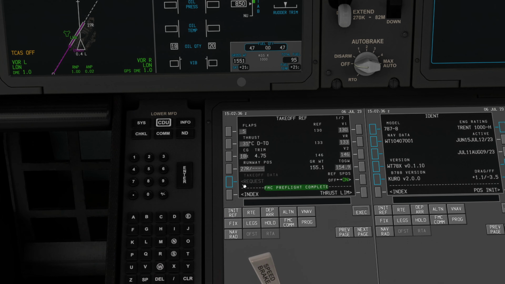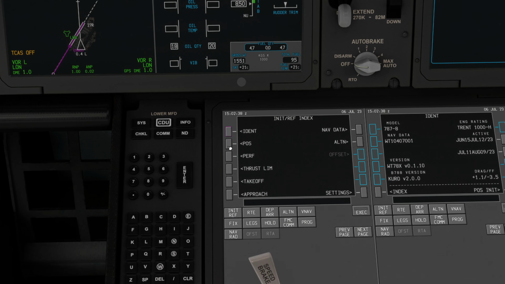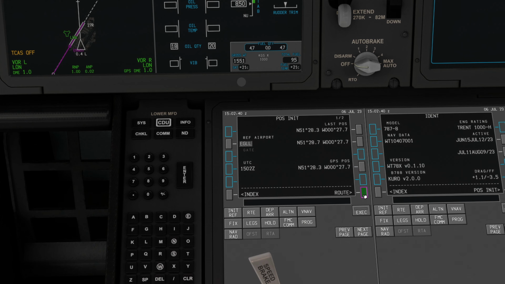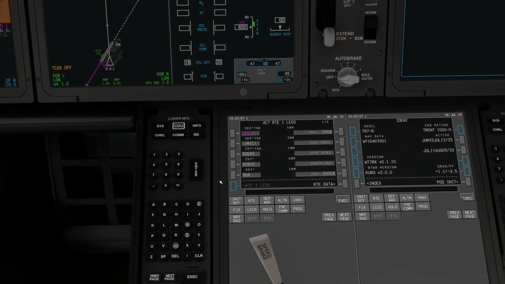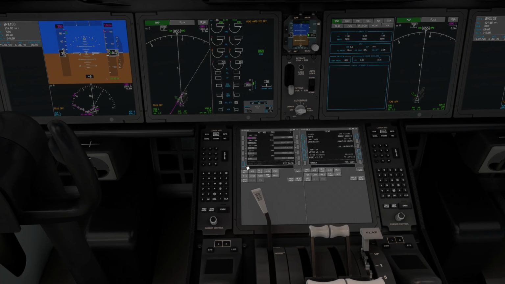And you'll notice a moment ago there was another option for alternate. We're not going to look into this too much, but in effect, if you had a problem when you needed to divert, you could put in an airport here, activate an alternate plan, and then do a divert now with a direct to that airfield. Really, really useful for handling emergencies and all that sort of stuff. We're not going to touch on that today,